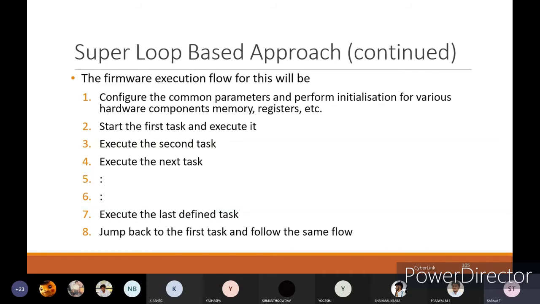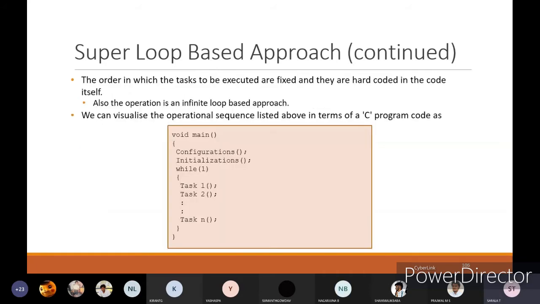After that, jump back to the first task and follow the same flow. The order in which the tasks are to be executed is fixed and hard coded in the code itself. Also, the operation is an infinite loop based approach.